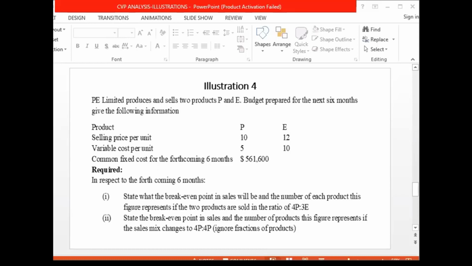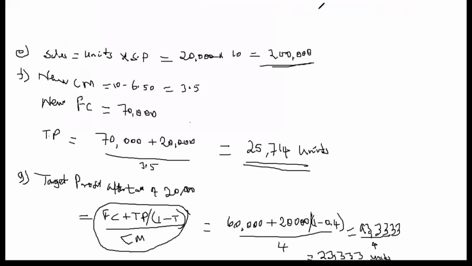Now this is a case of a mixed product. You know, there is more than one product being produced and sold. We have been told there are products P and E. Now, selling price for P is 10, for E is 12, and then our variable cost